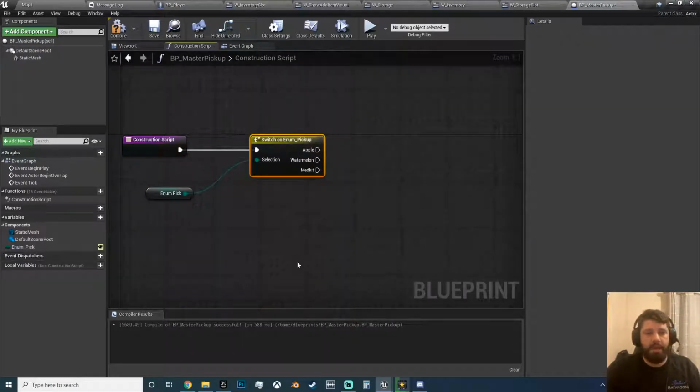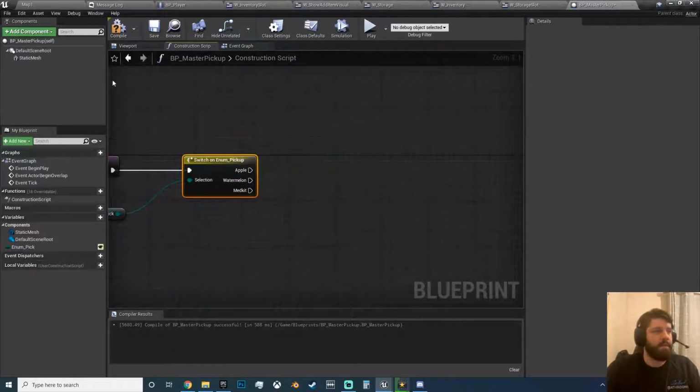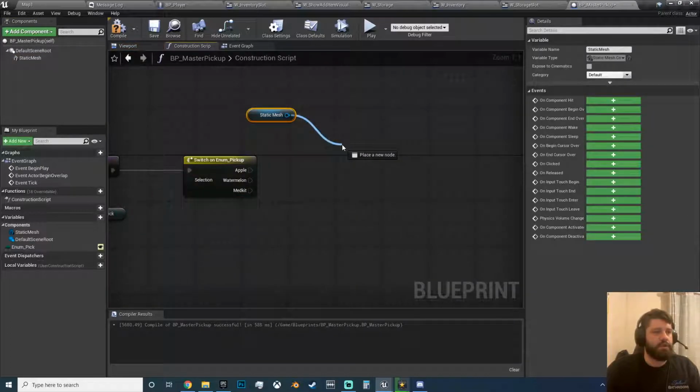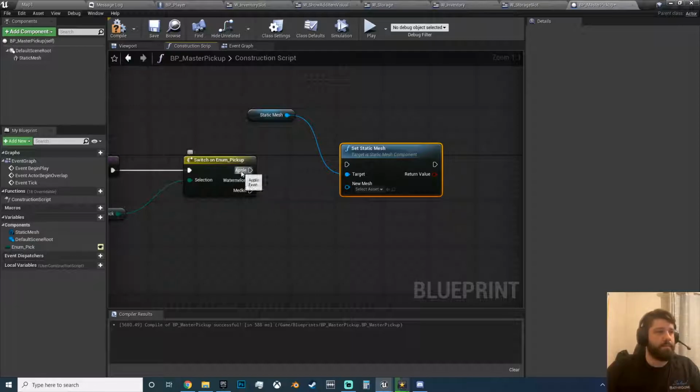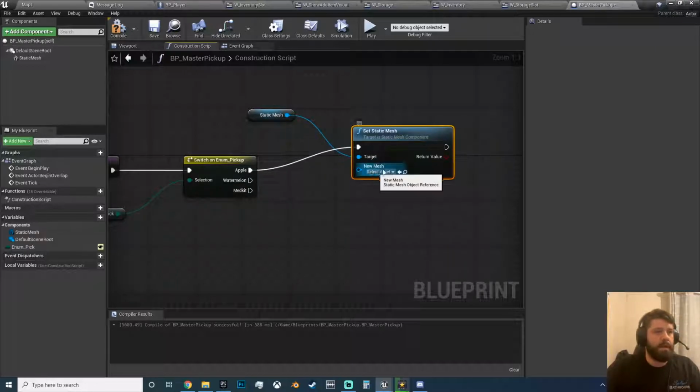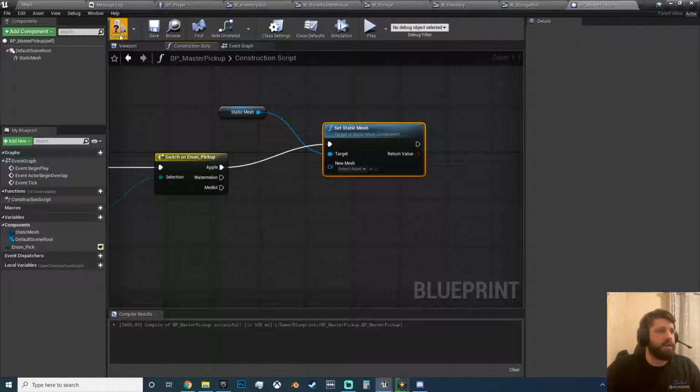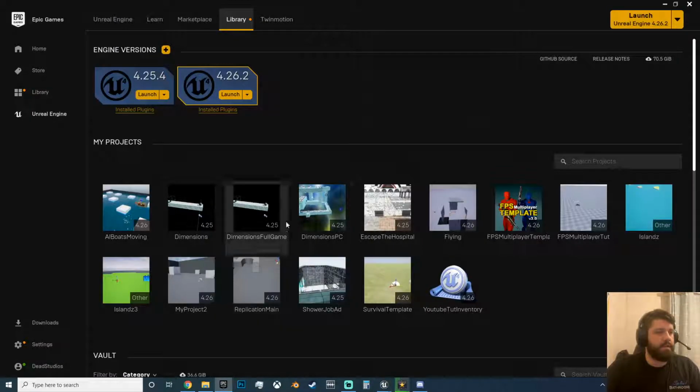You can have as many items as you want here. So you will set the static mesh, set static mesh, Apple. Now we don't have these actually,